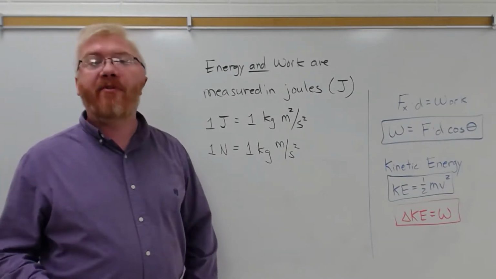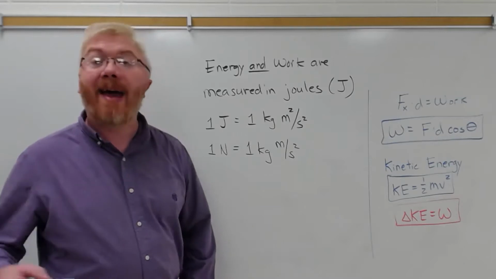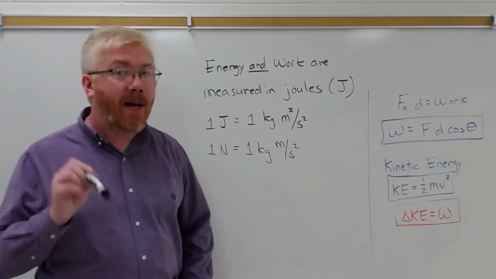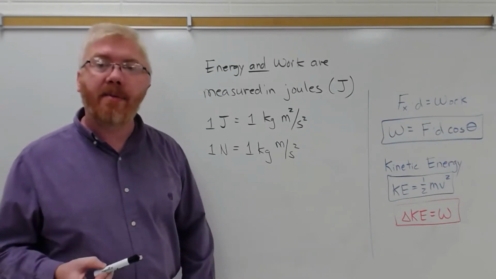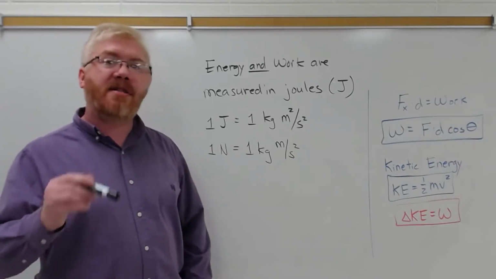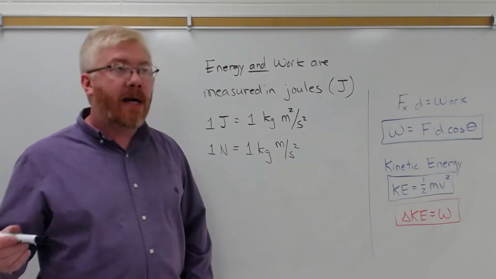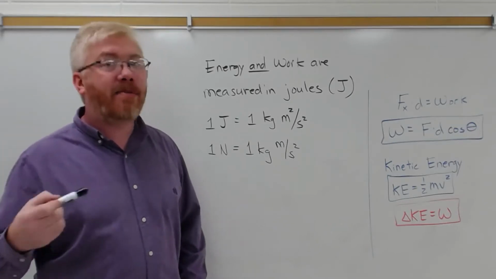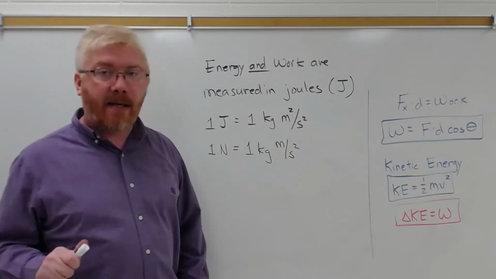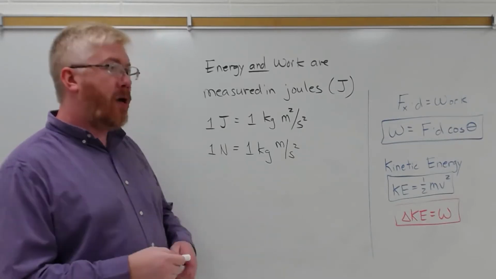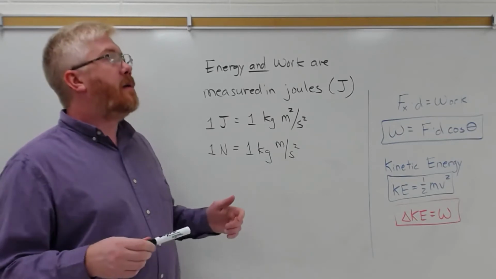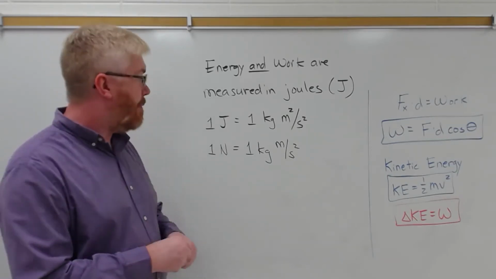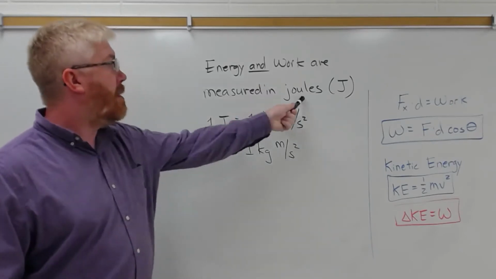But you might be more familiar with other units of energy, like the calorie. Now, a calorie is interesting because there are actually 2 types of calorie. And if you had a chemistry class, you probably know this. There's a small c calorie, and there's a big C calorie. The big C calorie is 1,000 times bigger than the small c calorie. Or you might have heard of the erg as a unit of energy. It's an esoteric unit of energy. But the SI unit for energy is the joule.